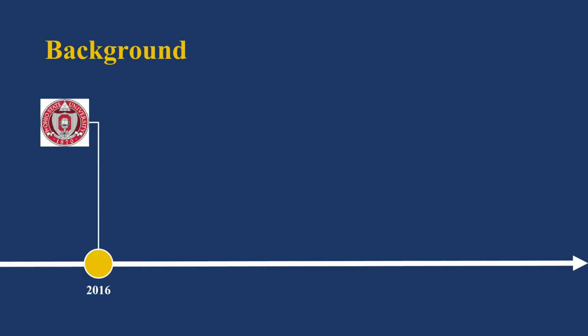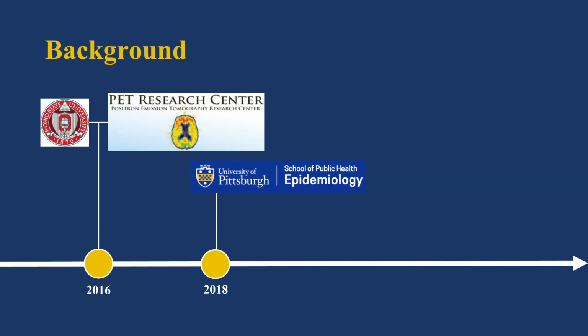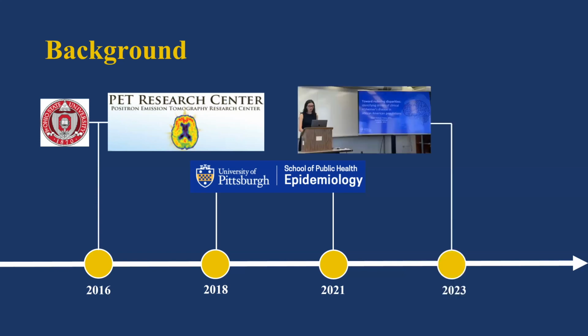Okay, so I wanted to start today with a brief introduction. My undergraduate degree is in neuroscience, which I completed from the Ohio State University in 2016. Upon graduating, I came to Pitt to join the Pitt Research Center as a data analyst. In 2018, while retaining my position in the Pitt Center, I began the MPH program in epidemiology here at Pitt, which I then completed in 2021 and transitioned to the PhD program. In June of this year, I defended my dissertation and have since been working as a research instructor of radiology still in the Pitt Center.